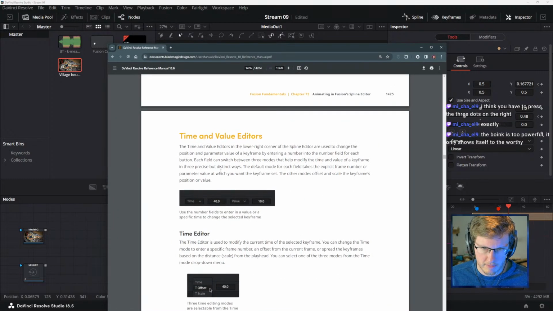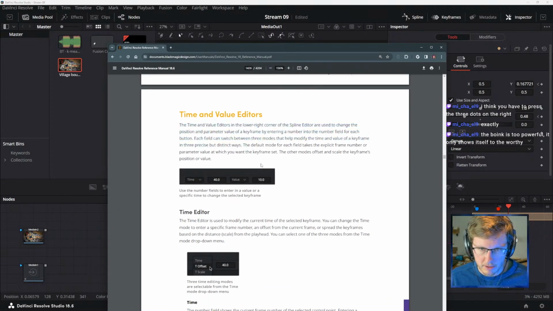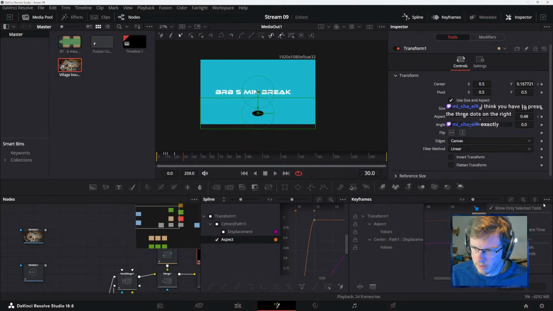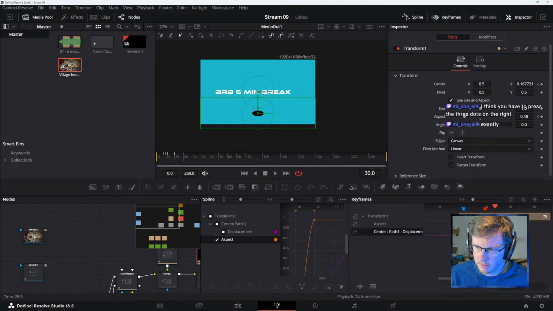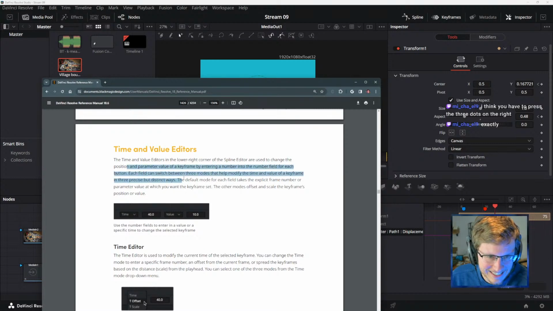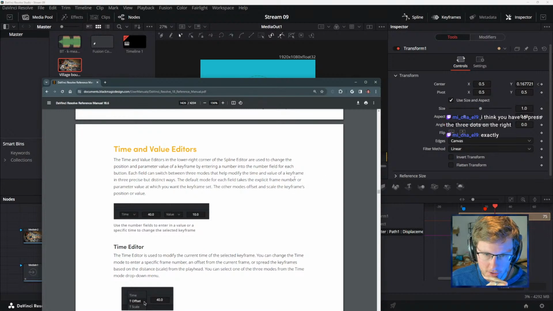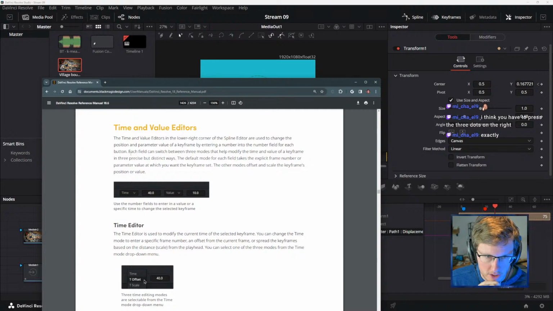And then time and value editors. The time and value editors in the lower right corner of the spline editor are used to change the position and parameter value of a keyframe by entering a number in the number field for each button.